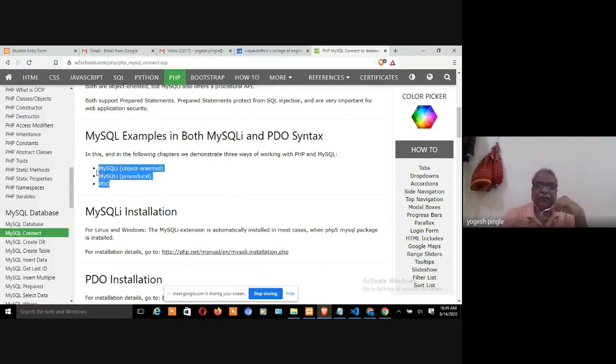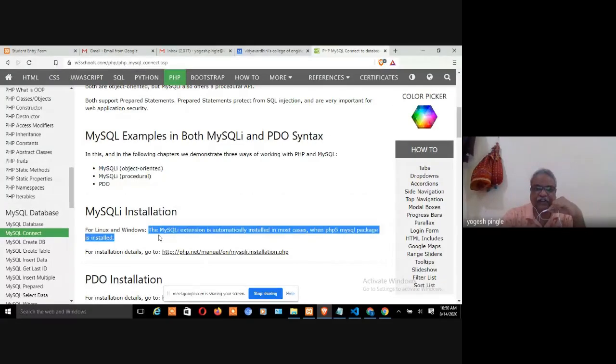Any of these three are applicable for PHP 5 onwards. Look at this particular statement, it is very, very important: the MySQLi extension is automatically installed in most cases when the PHP 5 MySQL package is installed.